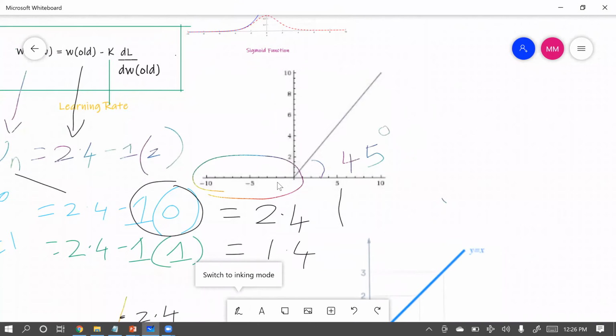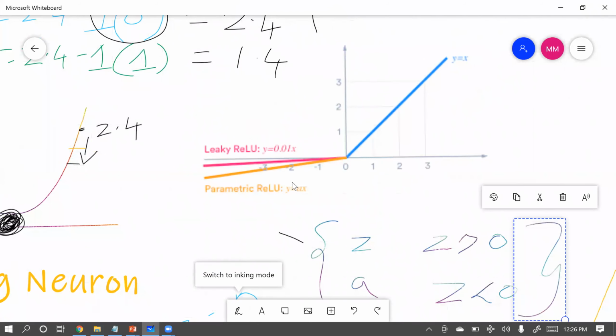But as per our leaky ReLU, if our value is 0, it will be 0. If our value is less than 0, it will traverse downward a little bit. Here you can see this pink line and this yellow line. It traverses a little downward because of this parameter. Hope you are clear with the ReLU and leaky ReLU activation functions.